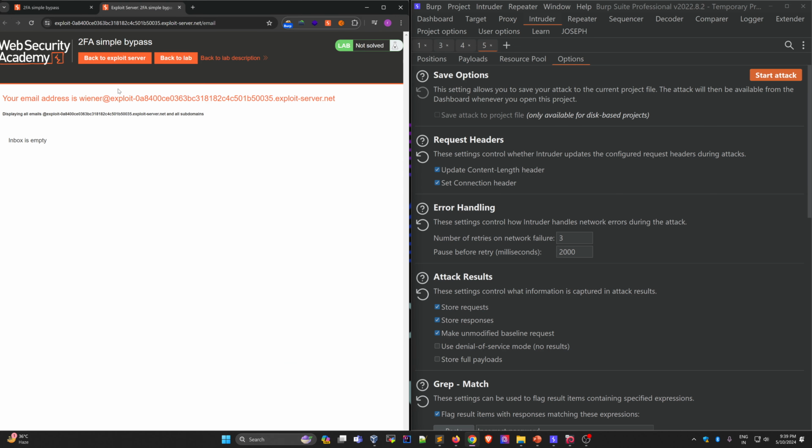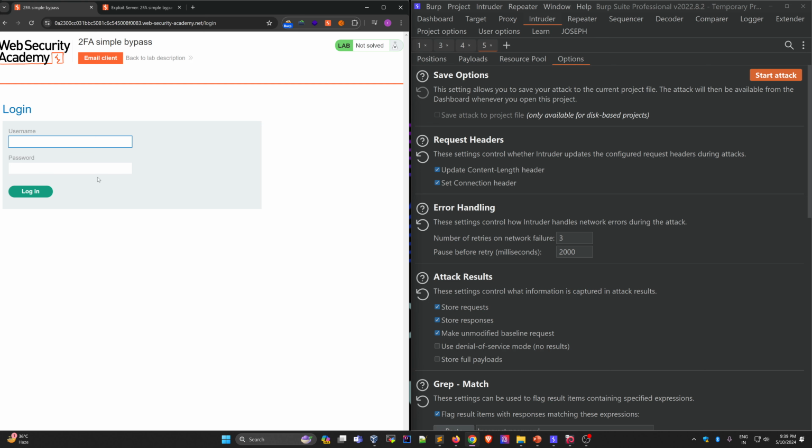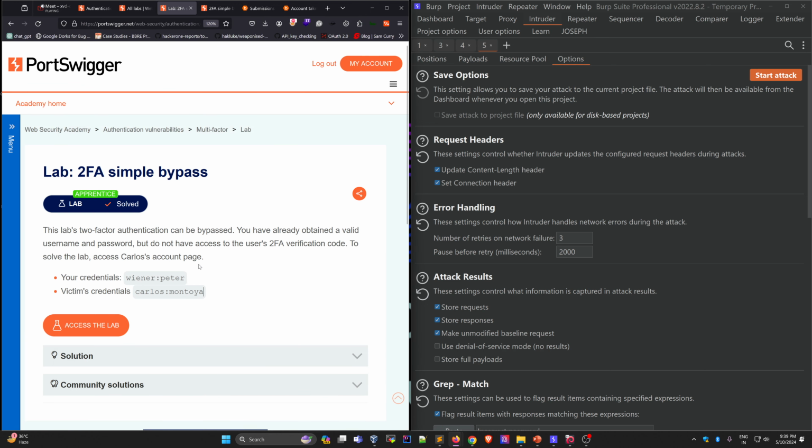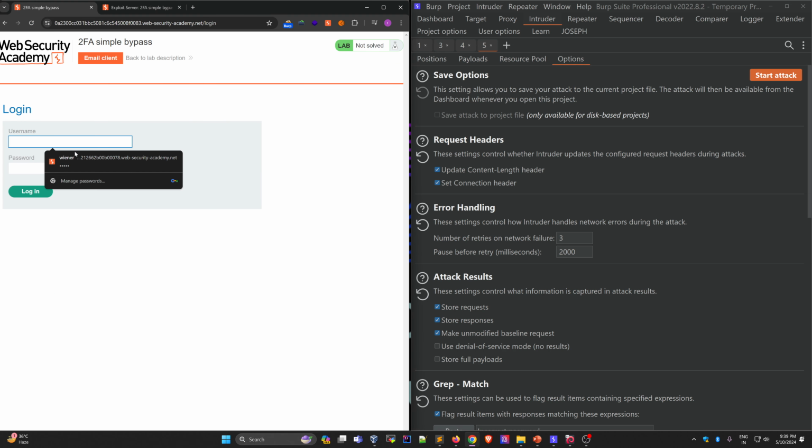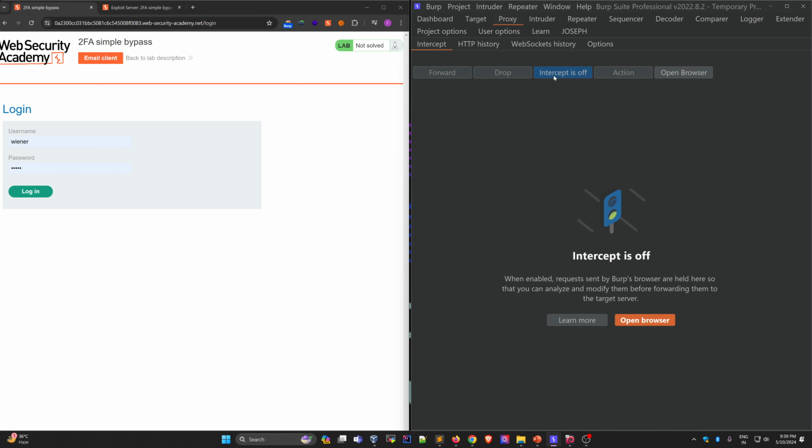See, how can we get the OTP? So we need to bypass this. See, this email is only for Wiener, not the victim, Carlos. So we need to check this Wiener account and find a way to bypass this. So I am just logging in as Wiener and Peter. So we need to check out